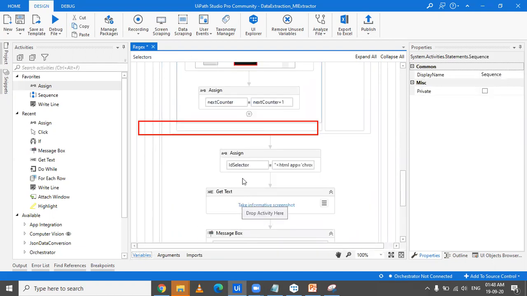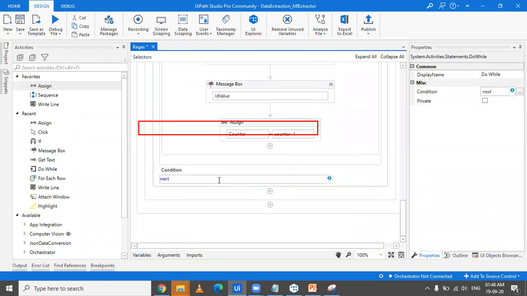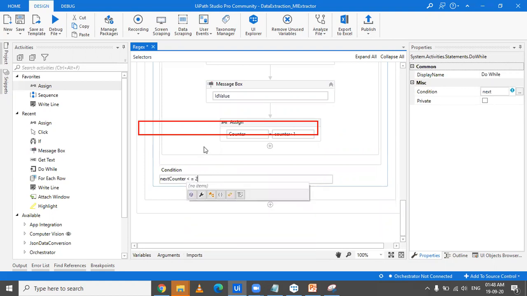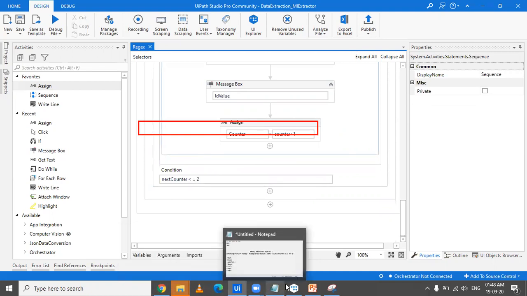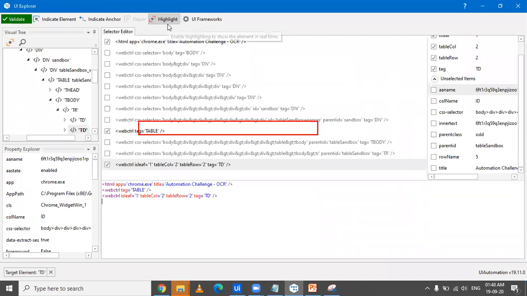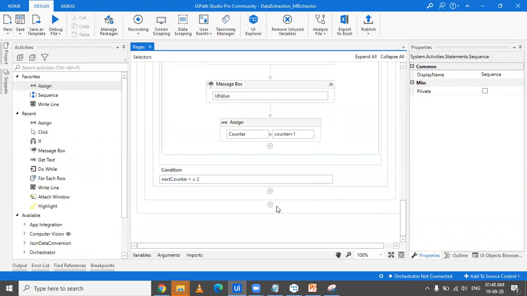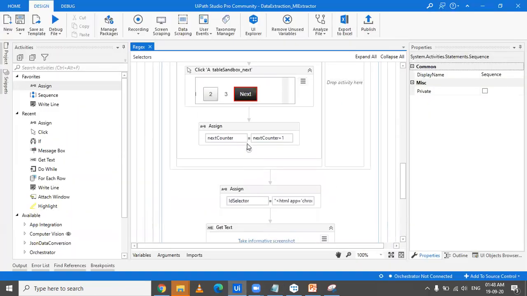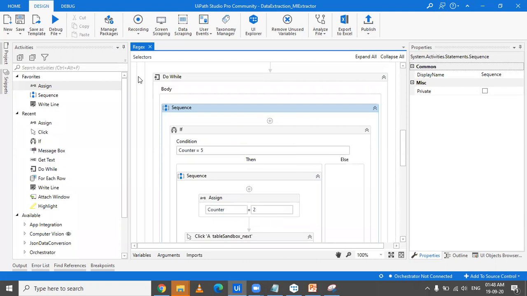And we say that the condition here is that till it's less than, okay, yeah, so till it is less than or equal to 2. So that's the condition. There could be something which we are missing, or maybe some condition which we are placing wrong, and we'll get to know about that in a moment. So let's click on run and see.